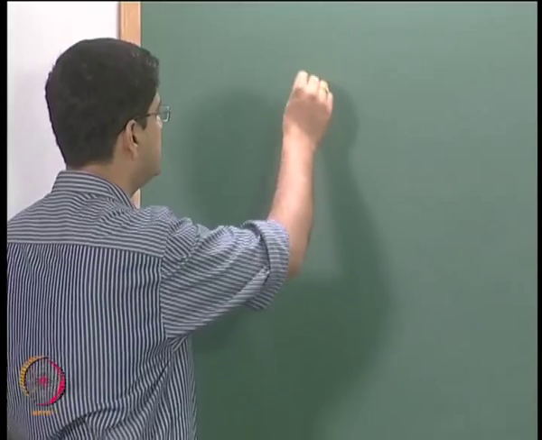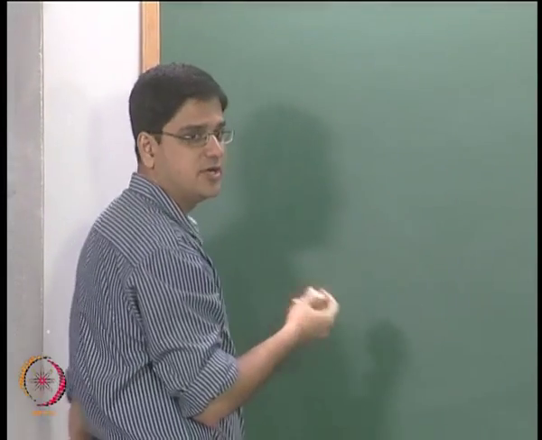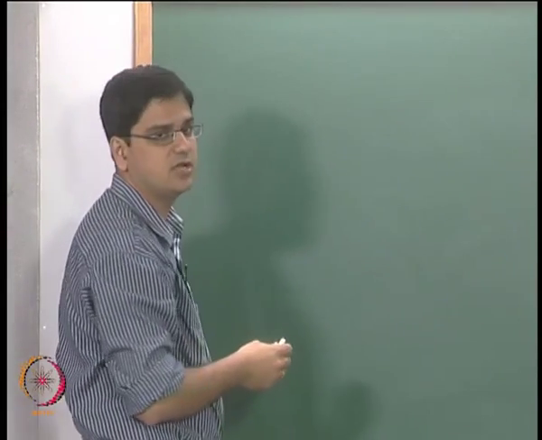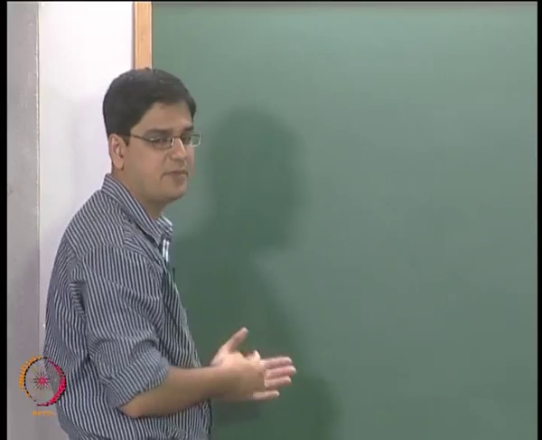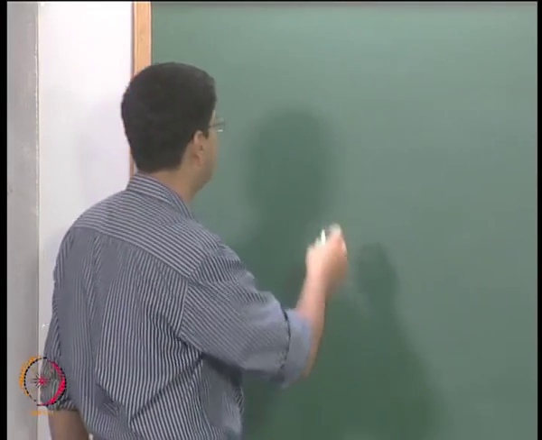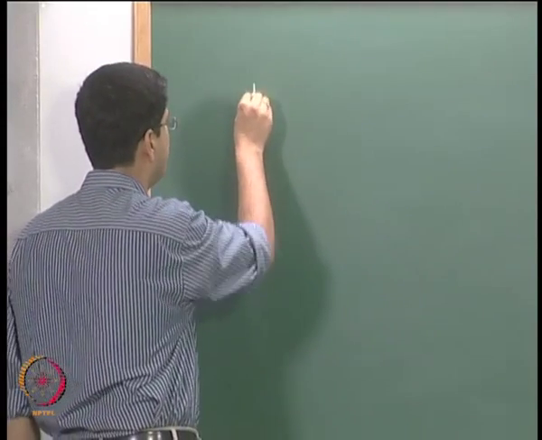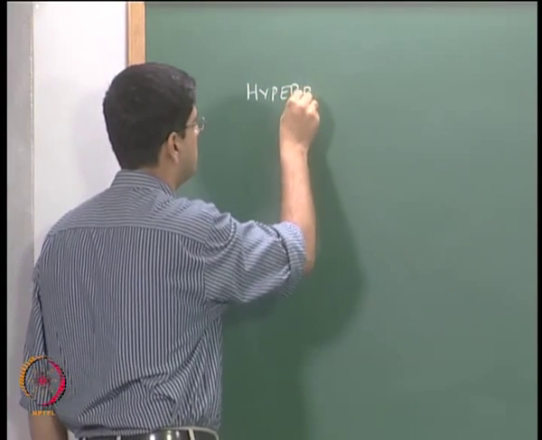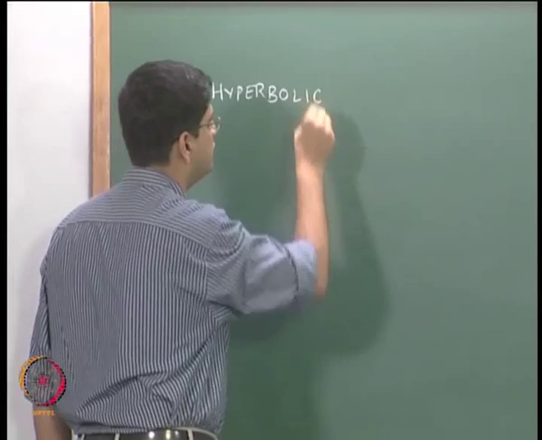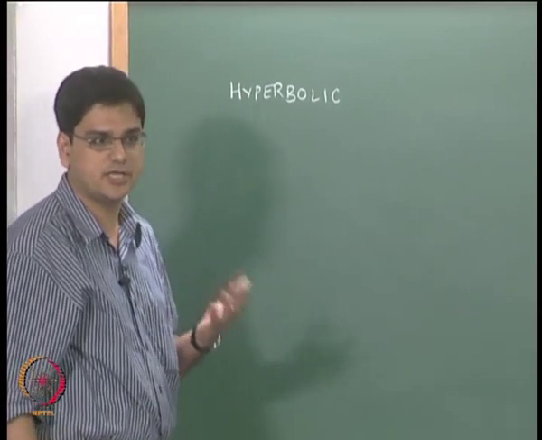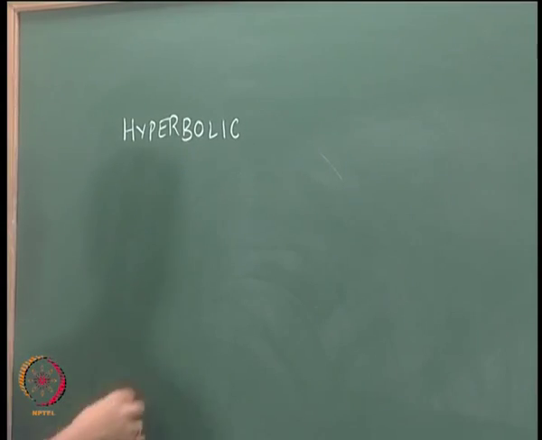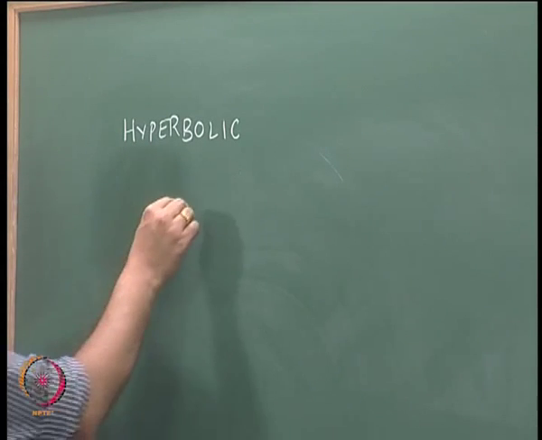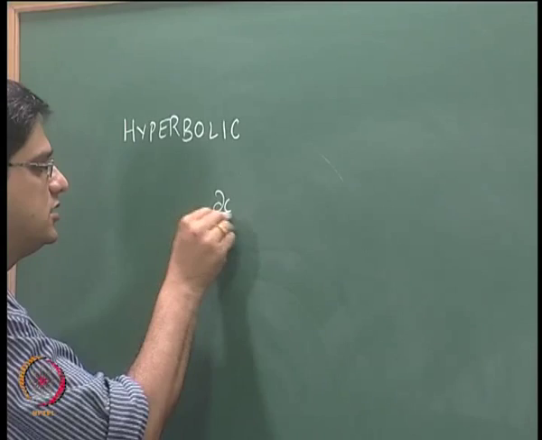So the examples we are going to take in today's lecture are going to be one example of a parabolic equation and another example of a hyperbolic equation. For the parabolic equation we will take a transient heat transfer through a rod. For the hyperbolic equation we will take a transient plug flow reactor equation, and that is going to be dc